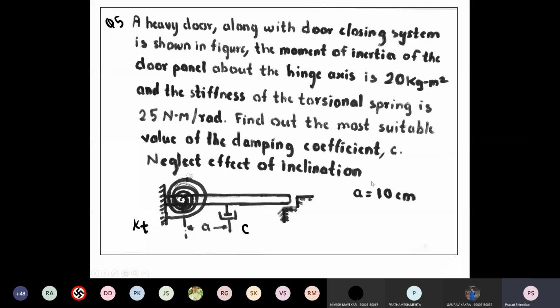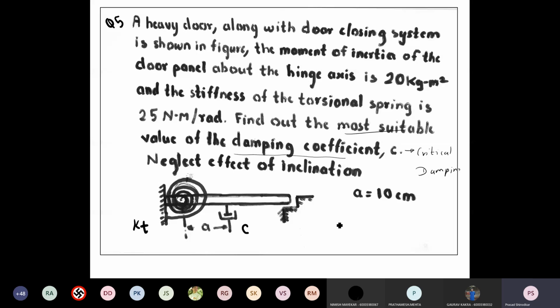Now here's one thing I might not have pointed out. In the question they have not mentioned what is the type of damping, but they have said find out the most suitable value of damping coefficient. So this itself indicates that you should solve for critical damping, right? Because you don't want the door